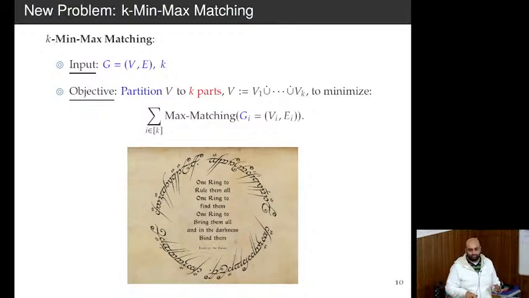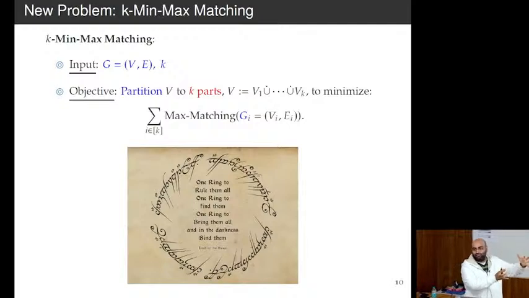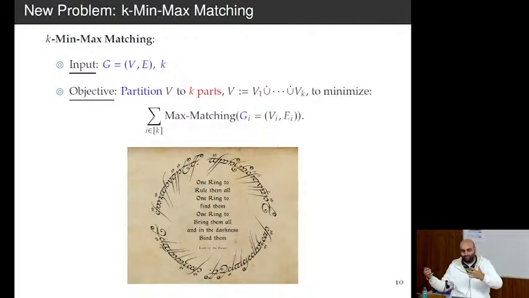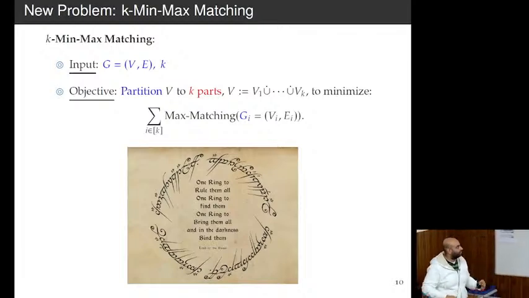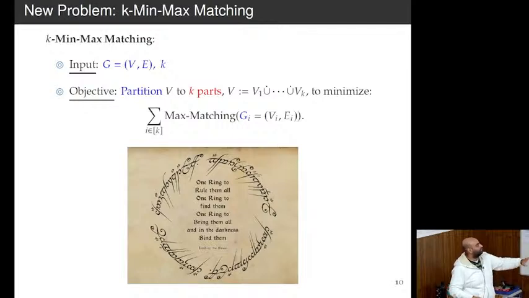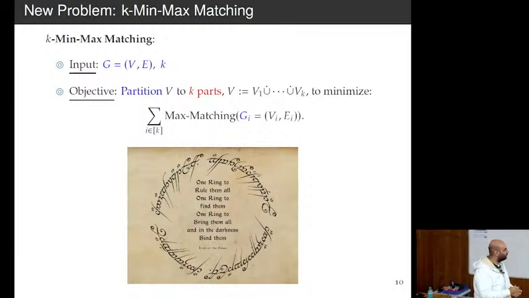And so the question is, how well can you approximate this thing? What's the worst thing you can do? Every part has a full matching, so you have half of everything coming through. So n over 2 is the upper bound and 0 is the lower bound. And I claim that various special cases of this are what is needed for clustering. So this is a new problem and it's well motivated now.